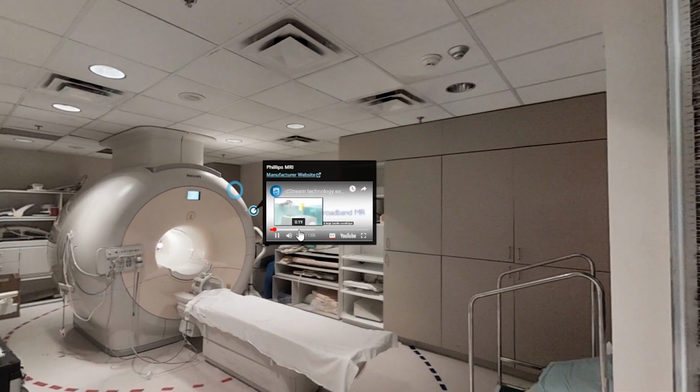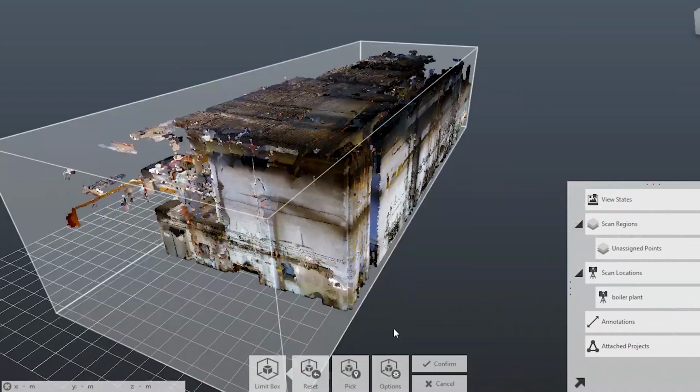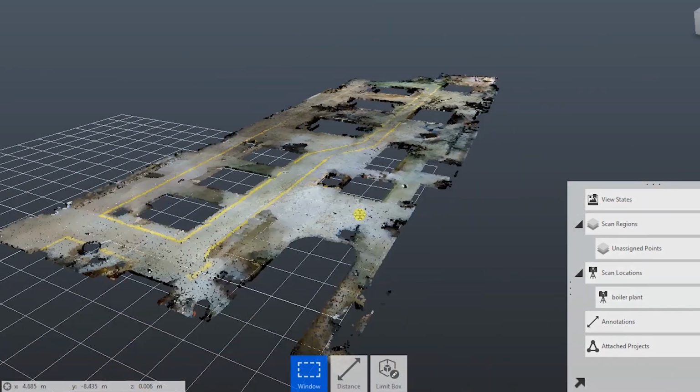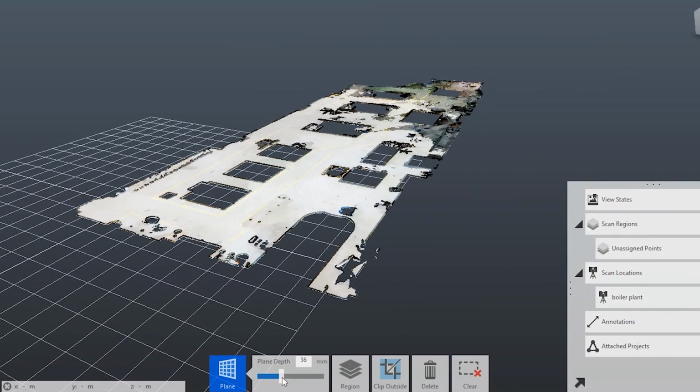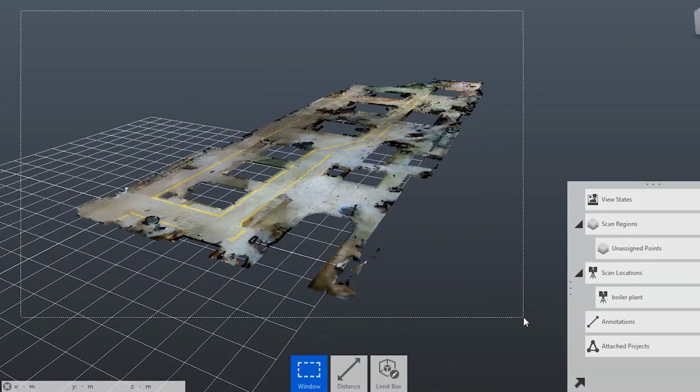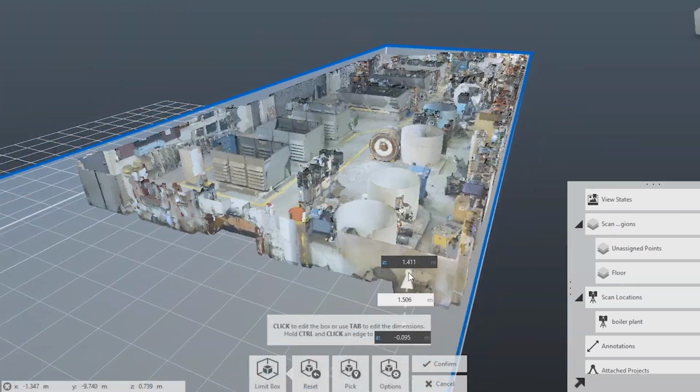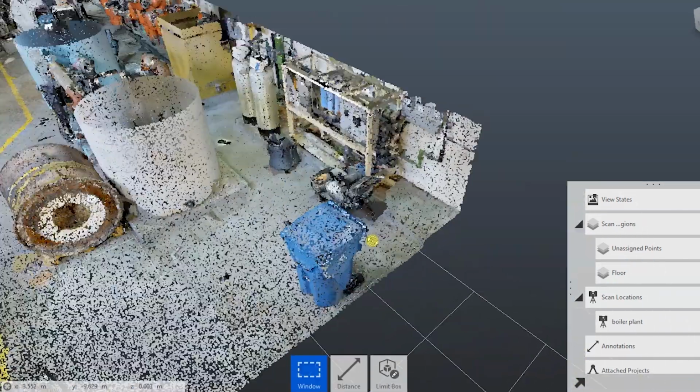Once we download our point cloud file in XYZ file format, fully registered and colorized, I bring that into Autodesk Recap Pro to place points into regions so that it improves Revit model performance when we put that into our model, and also so our designers can toggle the visibility of different parts of the point cloud, like the floors, major equipment, walls, just so it's easier for them to see the parts of the point cloud that they're trying